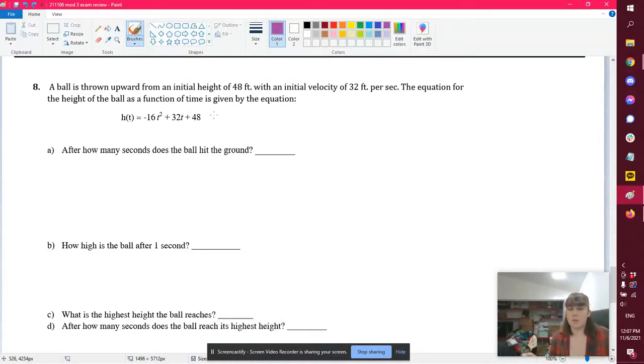We are going to solve this equation. We're going to do some stuff. We're going to ask about when it hits the ground, how high it is after 1 second, and where is the highest height, right? All of these,